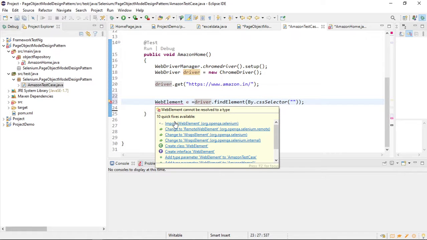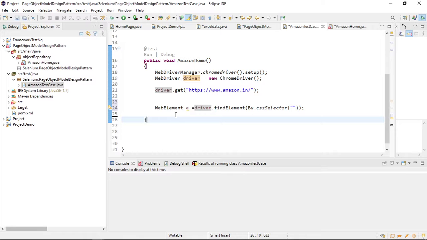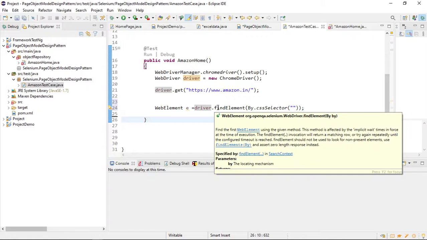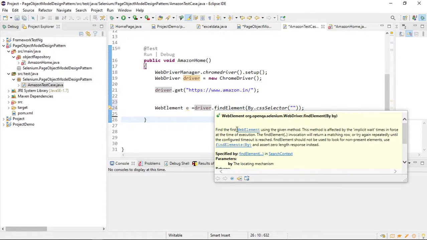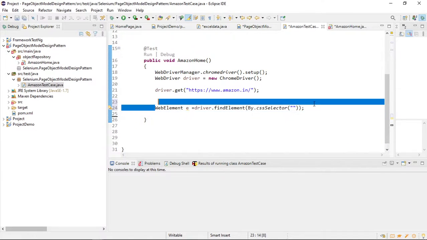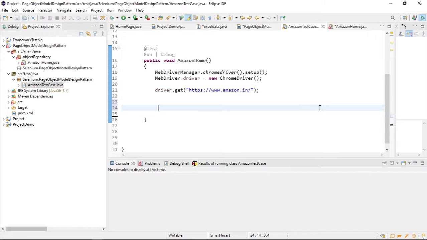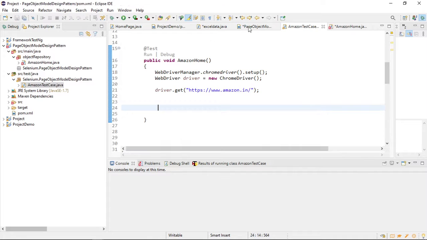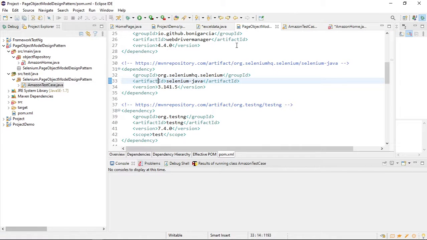Import the package. This is the reason I'm writing this. If you can see, the return type is web element only. For the method as well, the return type will be web element. So if I save it,